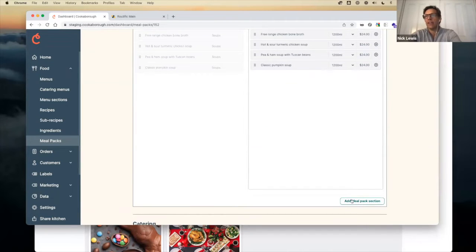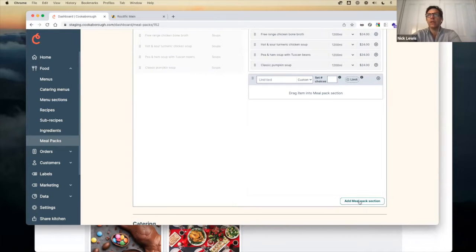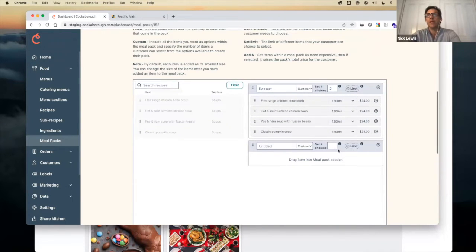I'm going to add a section. You'll see down here in the bottom right-hand corner, add meal pack section. Click add. Back up here, I'm going to change that to soups. Now I'm going to create a new section. I'm going to call this mains. And then over here,